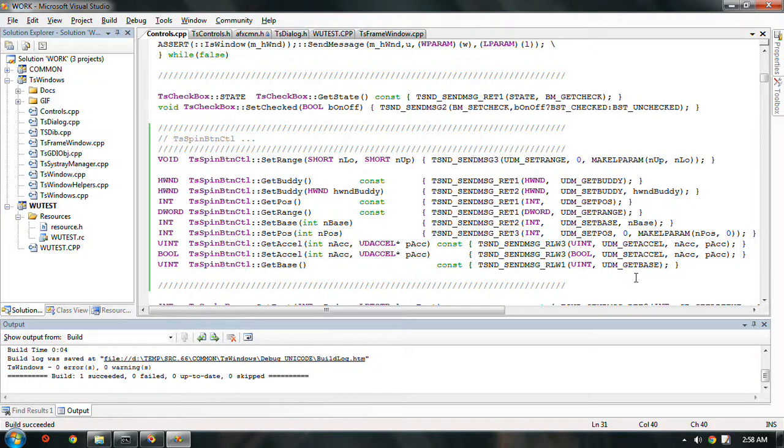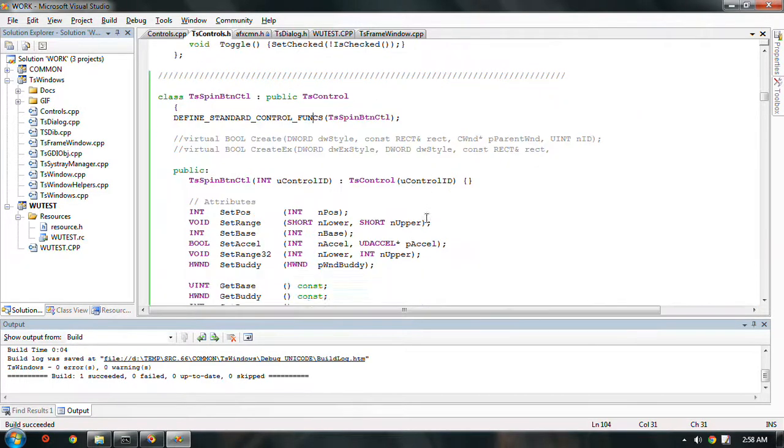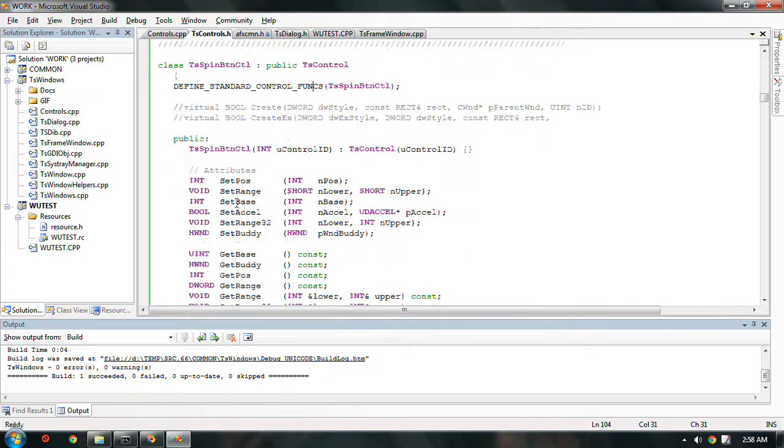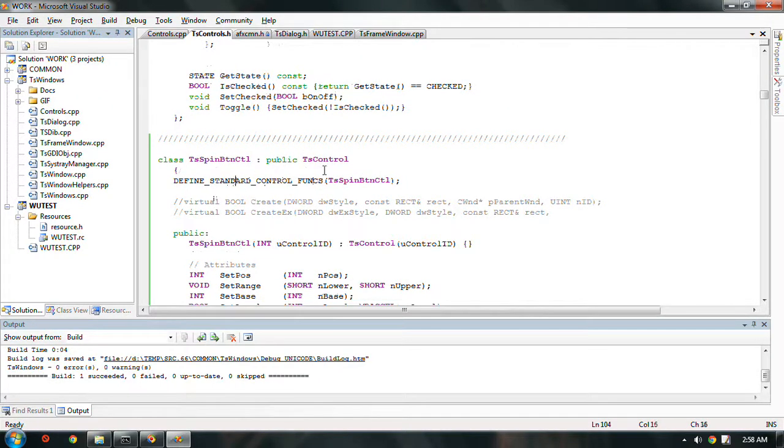So that does it. Now we can see how we would do it if we wanted to use Windows messages. We use these messages, and the result is this class. Now, the way this whole thing works, and I suppose this is the appropriate time to explain this part, with these controls,